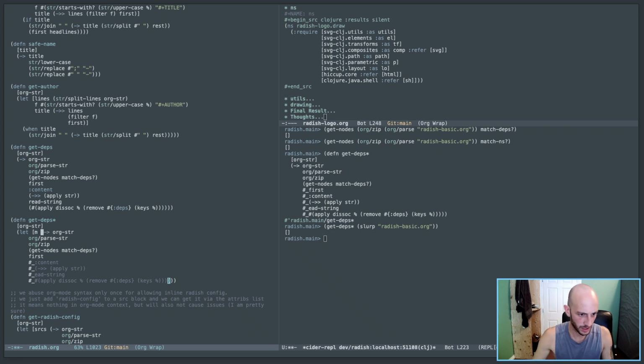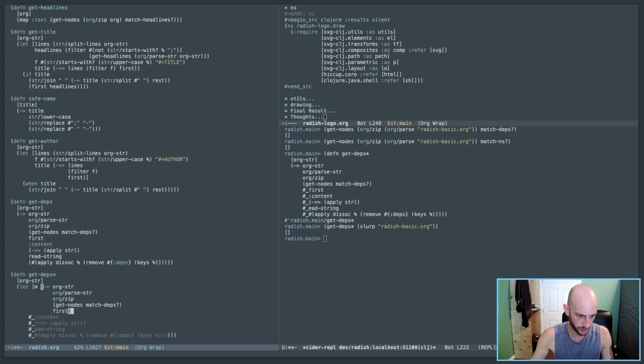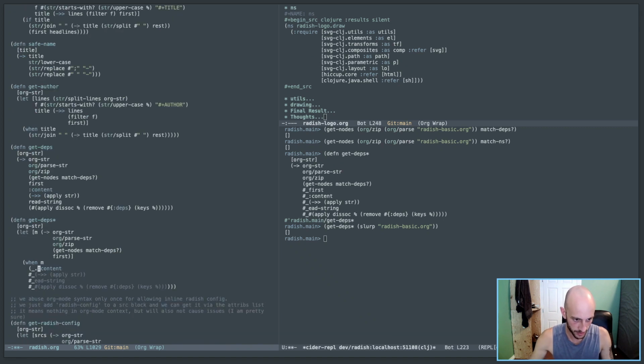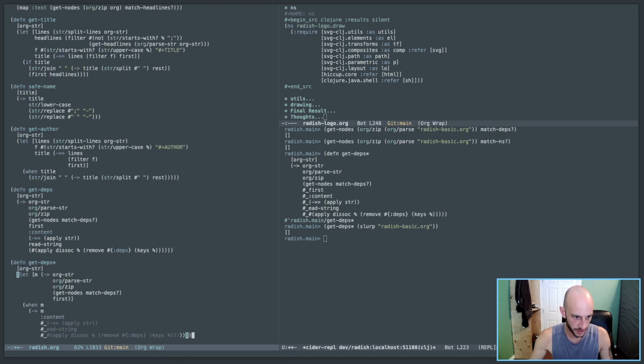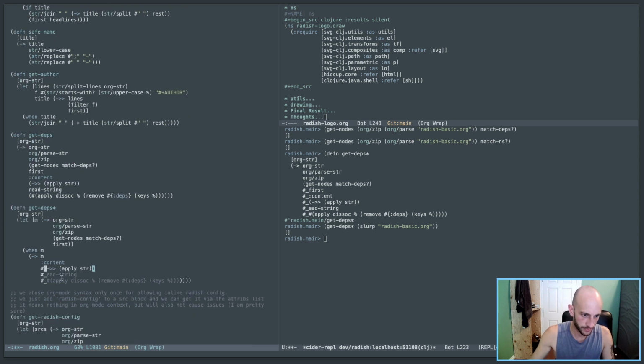Let it be a map, I guess is what it is, right? And now here I just do when m, and now I can wrap the rest of this in what I want to get. So I can continue this thread here. I can pull the content, do all this good stuff. So it shouldn't fail